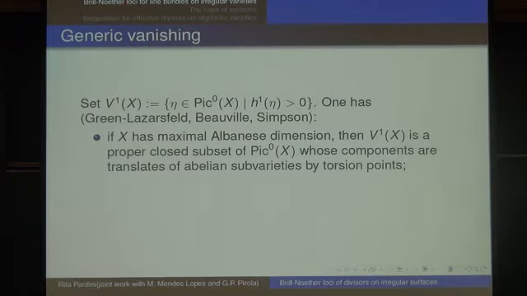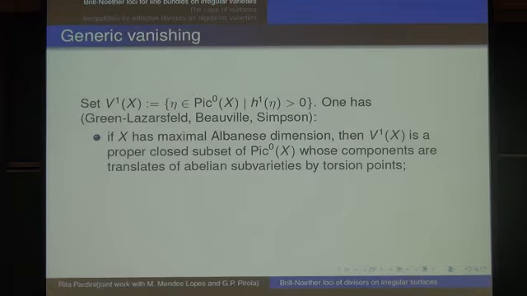And in fact, this is a very important body of work by, first of all, Green and Lazarsfeld. Now I'm going to summarize the known properties of this set V1. For our approach to work, we want the complement of V1 to be large. So we like V1 to be small. And the first main result is